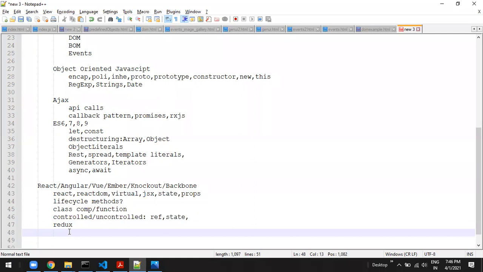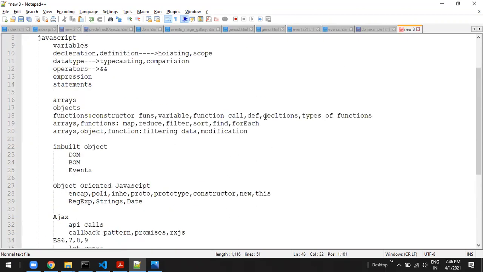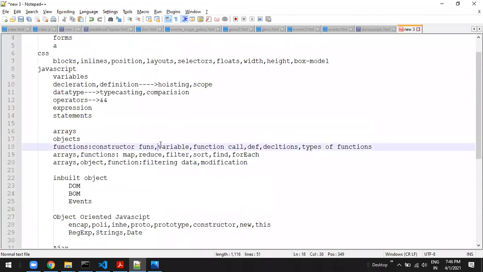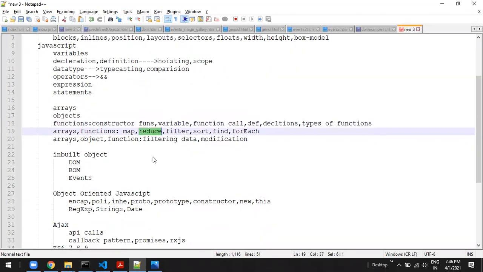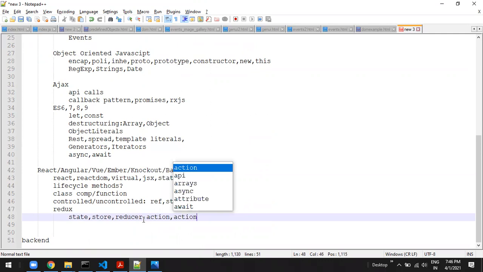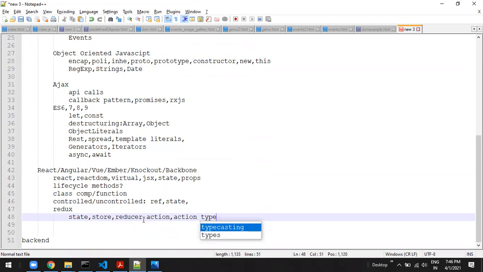After that, redux. What is redux? What is state, store, reducer? So here I have said a word called reduce function. There is array. What is the relationship between reduce and reducer? What is action? What is action type? What is dispatch?